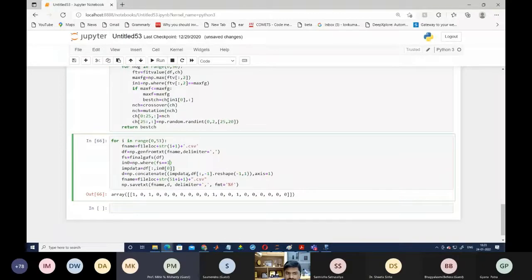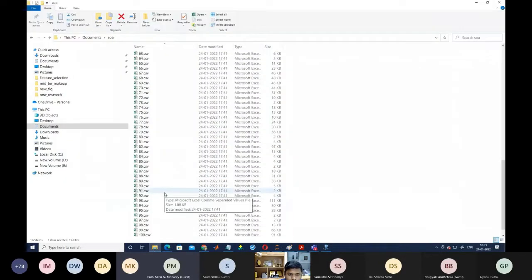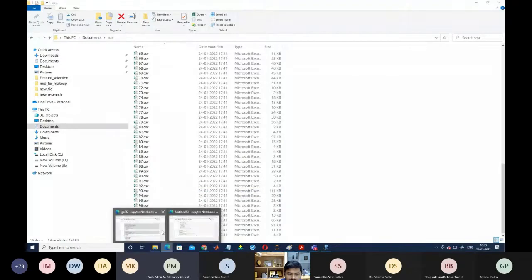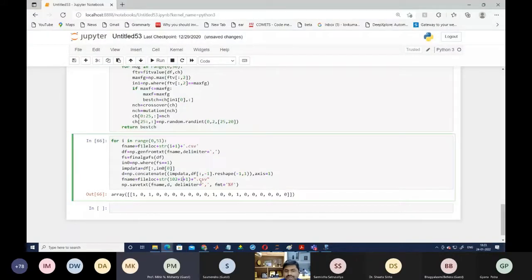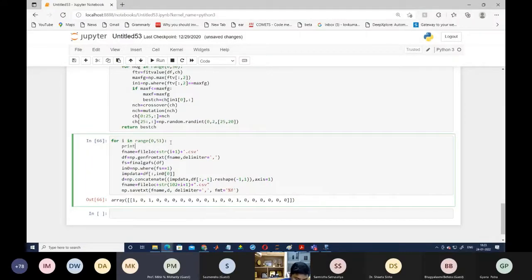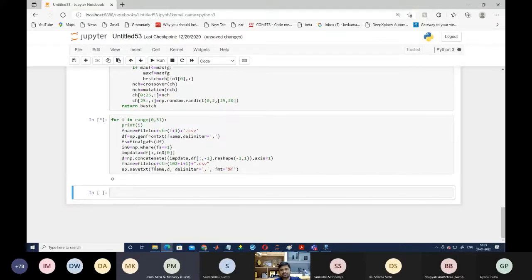Then we are going to save this data with 102 plus I, means after 102 plus 1, we are going to save this file with feature selection. That is called the genetic algorithm. And we are also going to print here, print I. You can see we are going to execute it and it will start working here.